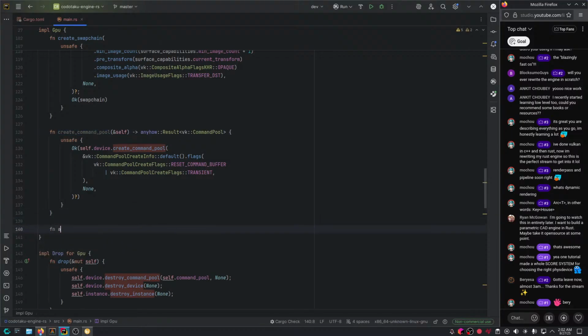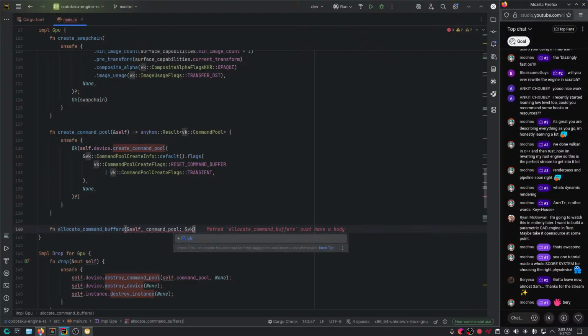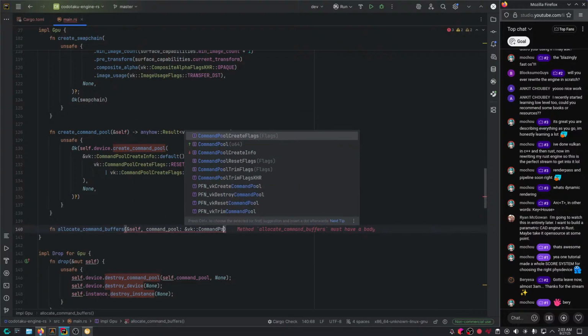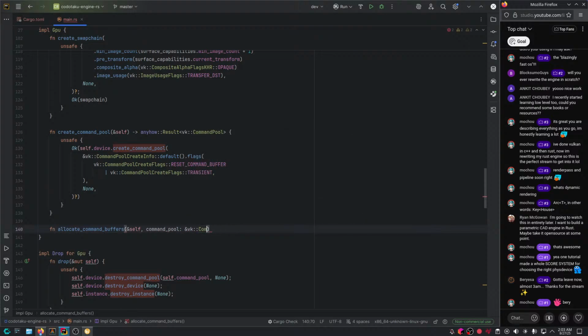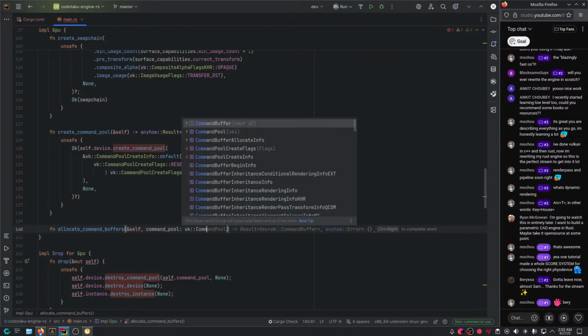And next up, we want to allocate command buffers. And for this, you're going to give me a command pool. Actually, without the reference, because these are just like handles.